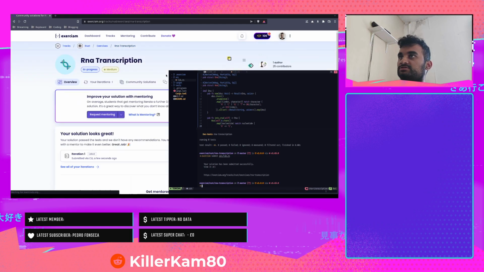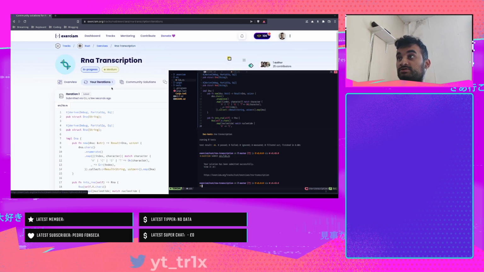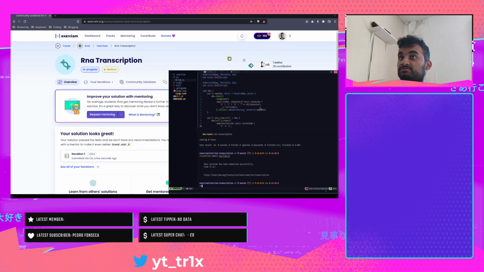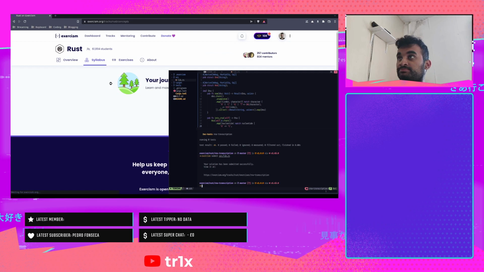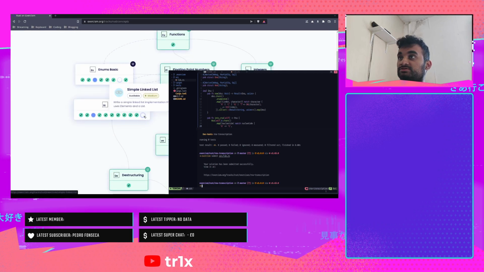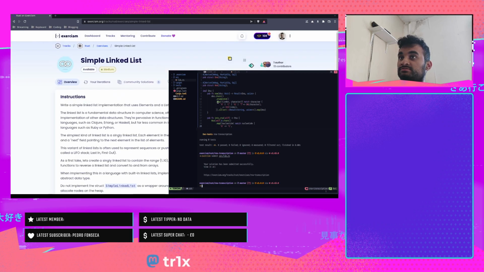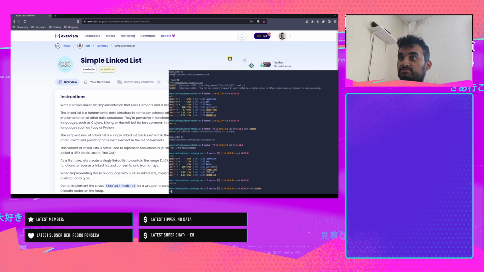So if I check RNA iterations, it's passing. It's complete. Confirm. Syllabus. And then the last one, simple linked list. Copy. Exit. Then